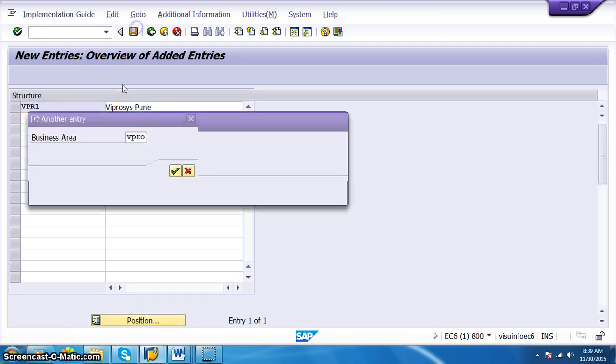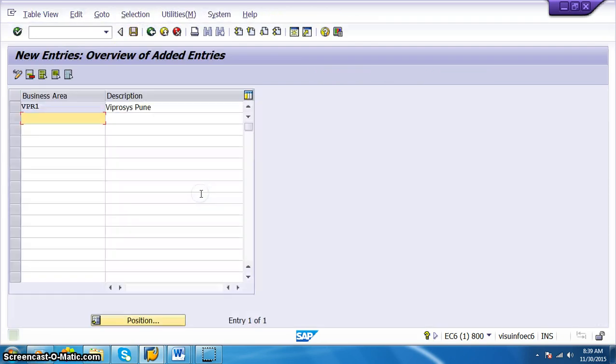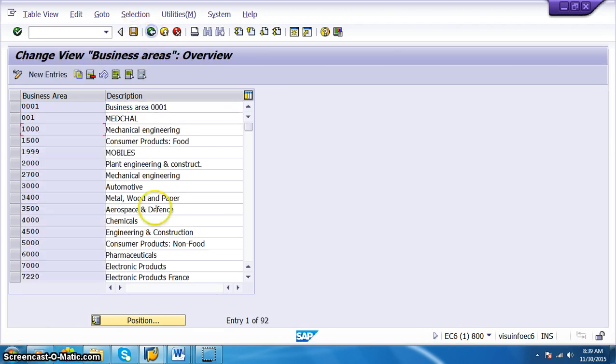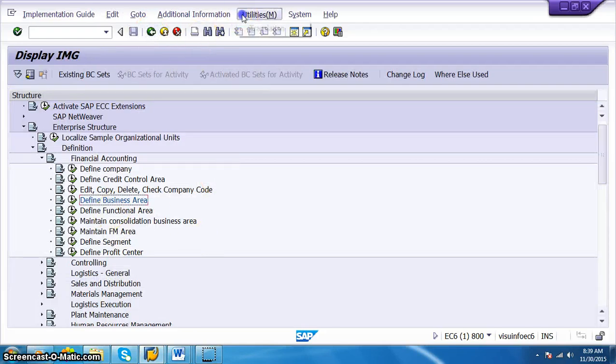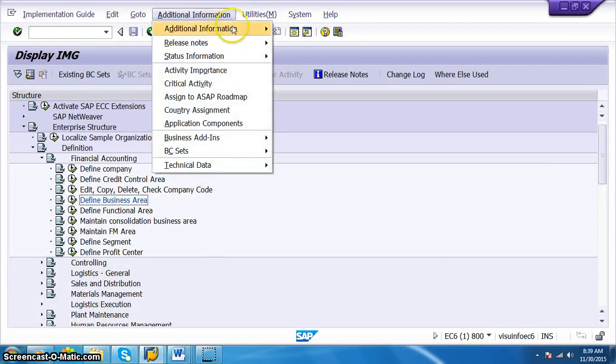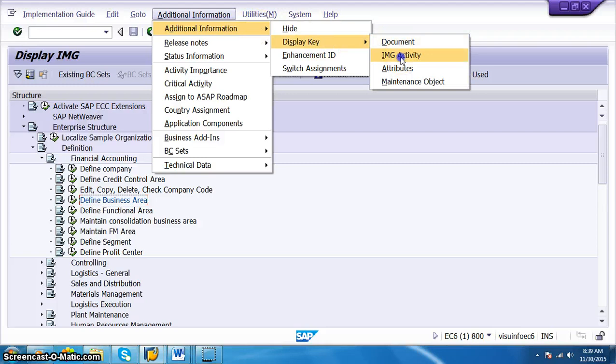Just save it, and now we can also have VPR2, Viprosys Mumbai. Save it, and then come back. For this, let me tell you the transaction codes as well, because transaction codes are also very important.